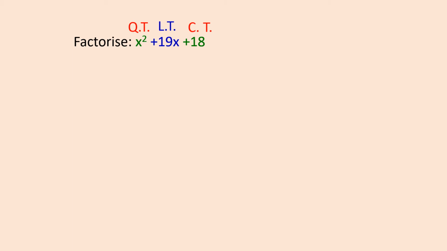We are going to find out the sum. Sum is nothing but the linear term. So according to the polynomial we have here, sum equals 19x. The sign of the sum is plus, so I have taken that also, plus 19x. This is the first step. Whenever you want to factorize the polynomial, you must separate the sum from the quadratic polynomial.